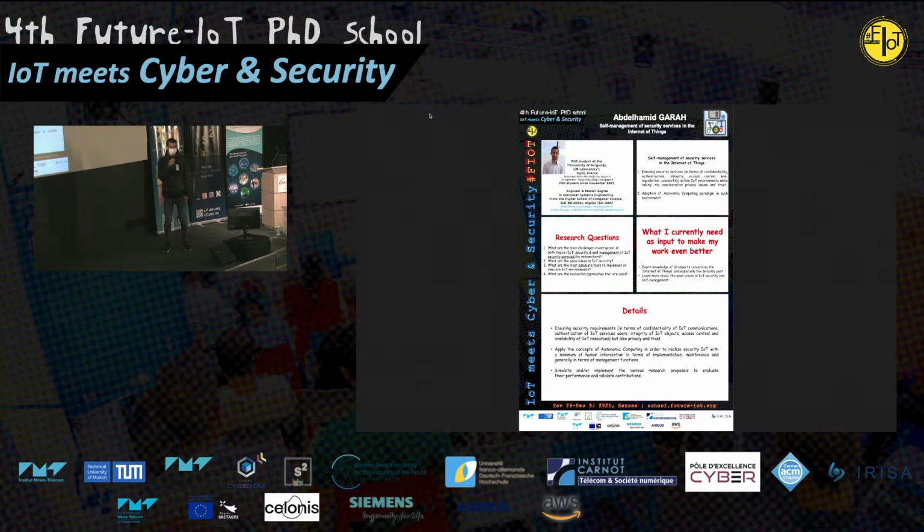This subject is around 2 points. The first one, ensuring security services in the Internet of Things. The second one, trying to adapt this solution with autonomic computing in the IoT system. I asked some research questions here about what are the main challenges investigated in both topics, IoT security and self-management of IoT security by researchers. What are the open issues in